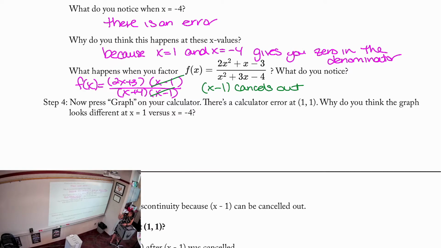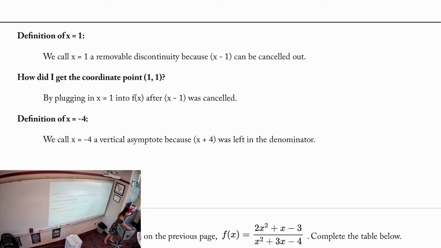Okay, so I cancel out my x minus 1s. I'm left with my 2x plus 3 over x plus 4. Now, my x minus 1 term becomes my removable discontinuity. My removable discontinuity is a coordinate point. The way that I find the y value of the coordinate point is I take my 1 that's down here and I plug it in for my x after I've already canceled out my x minus 1 term. So I plug in 1 for both of these and I get y is equal to 1. So at 1 comma 1, I have a removable